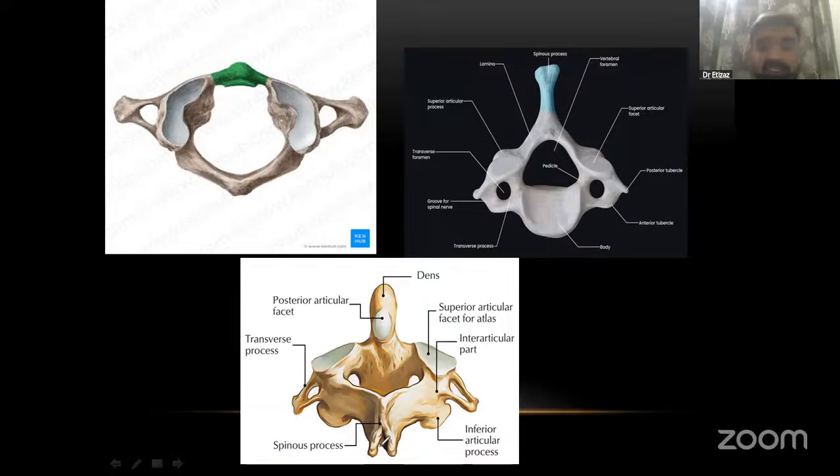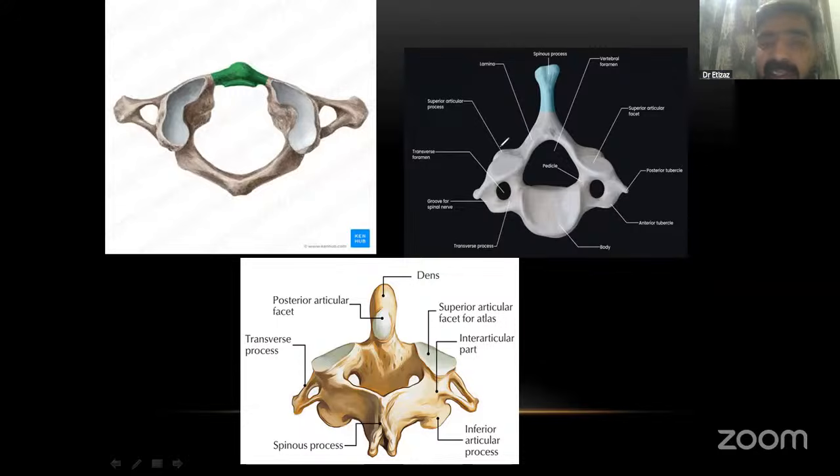The C1 has no spinous process, but in C2 there is a little developed spinous process, and that is the bifid spinous process. Okay, so when we move to the C7, the C7 has anatomy more or less similar to that of C3 to C6, but the different thing is that it doesn't have a similar spinous process as compared to the